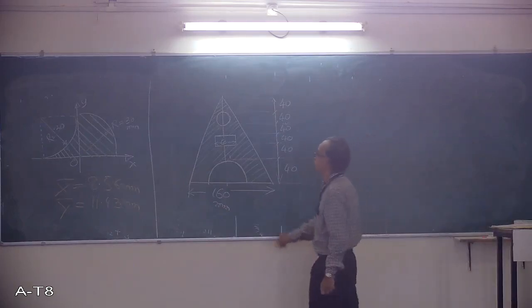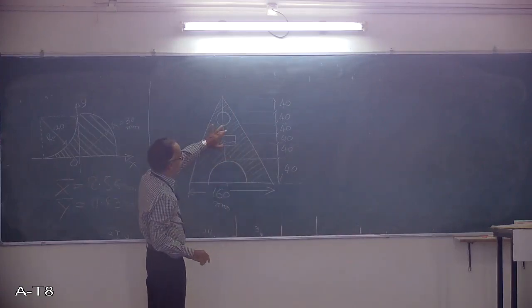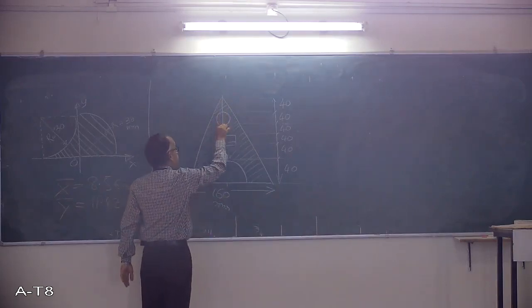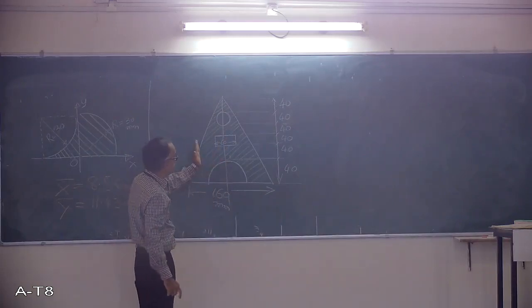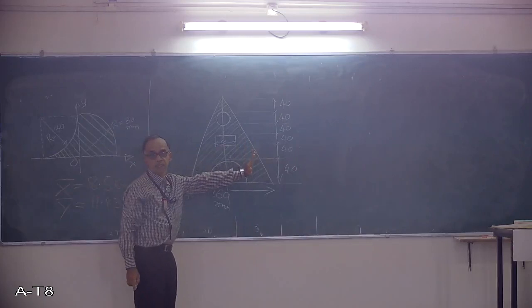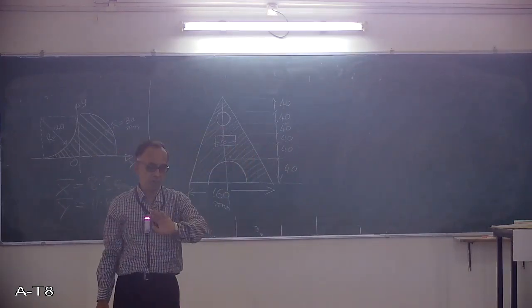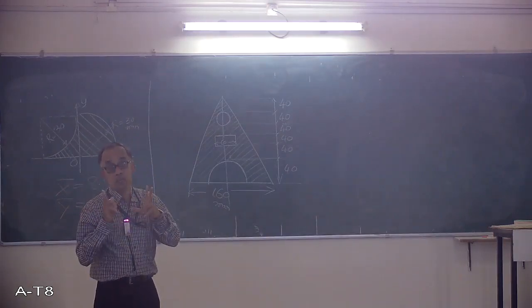Now you see, this is a triangle, whereas the semicircle, rectangle and square are not shaded. If you look at the figure here, if I draw a line exactly here, it is symmetrical about the y-axis. That means whatever figure is on the left side, the same figure is on the right side. I told you in the beginning only, first of all you have to look at the axis of symmetry. Once you do that, you have to write the correct values.